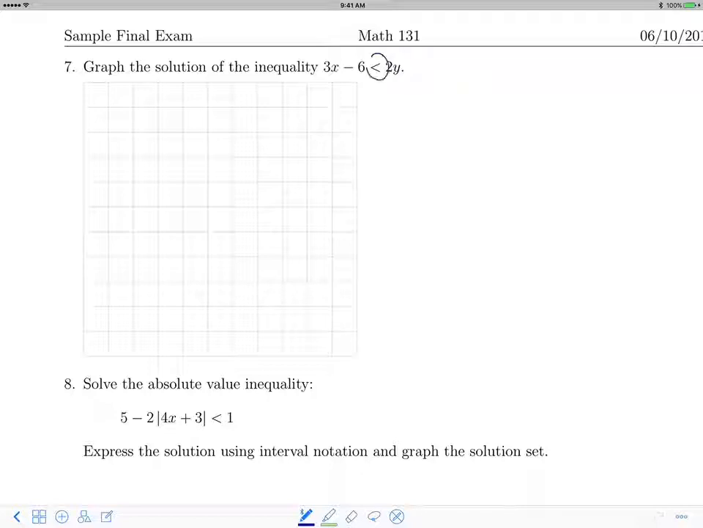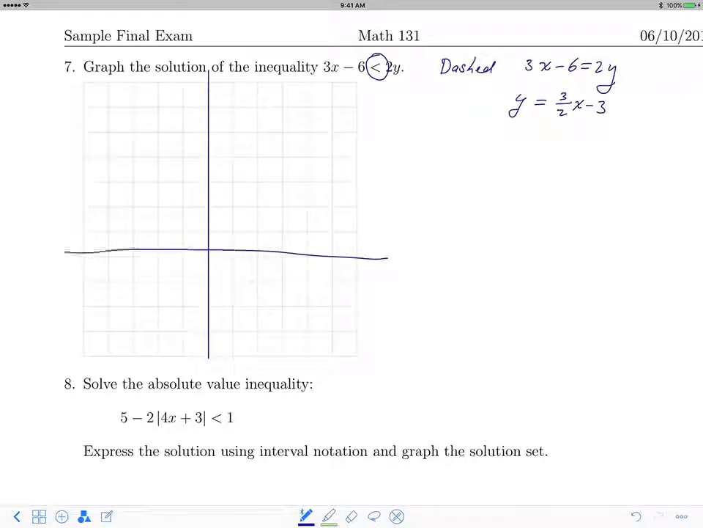Now, because we have a soft inequality, not equal, we're going to draw a dashed line that comes from just changing the less than sign to an equal sign. And one way to do this is to write it in slope-intercept form, which is y equals 3 over 2x minus 3. So if I put my xy axis here, let's fix this, then the y-intercept is negative 3,